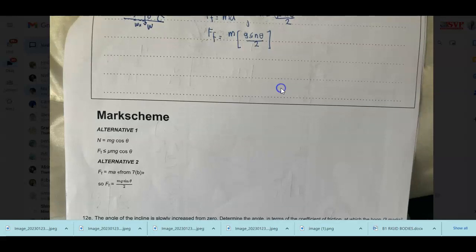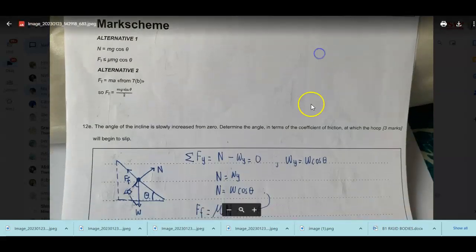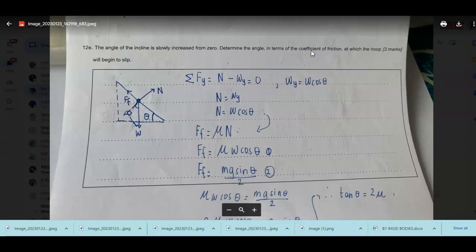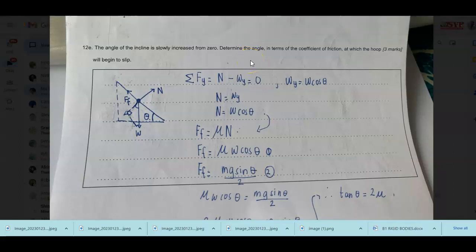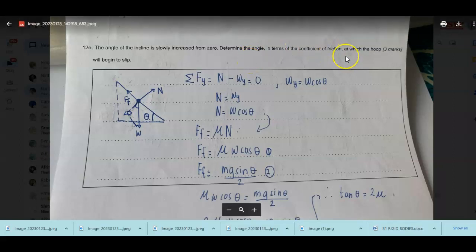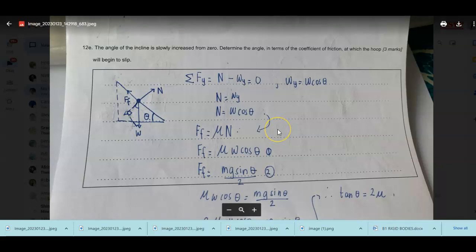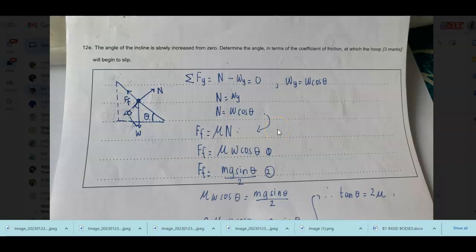Now moving on. Let's move on to the last problem. It says here that the angle of the incline is slowly increased from 0. So we have to determine the angle in terms of the coefficient of friction, wherein the hoop here will begin to slip or slide. So for us to do that, we have to first